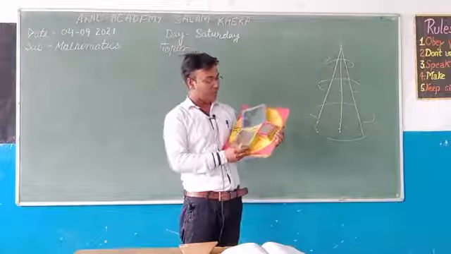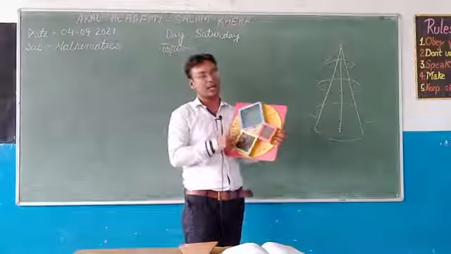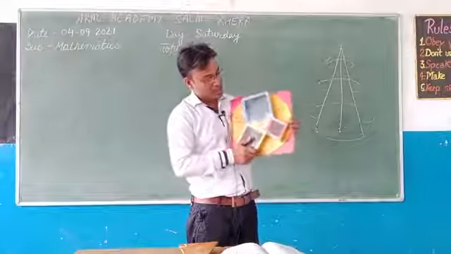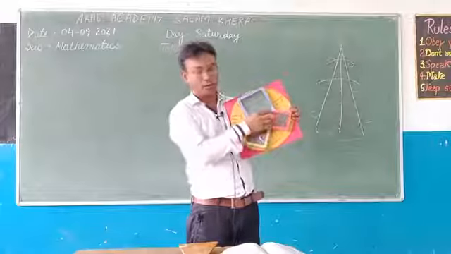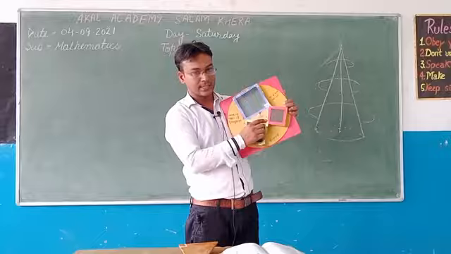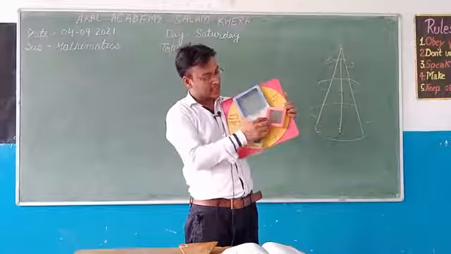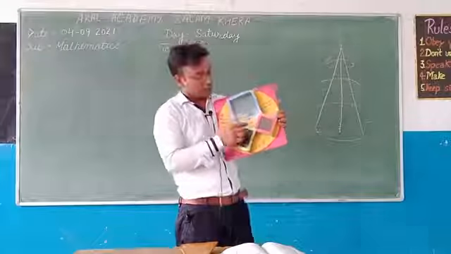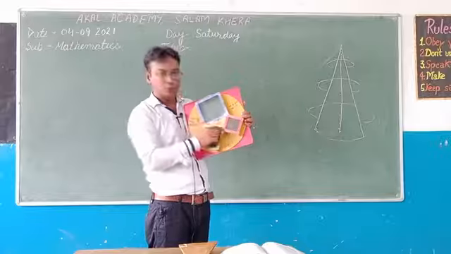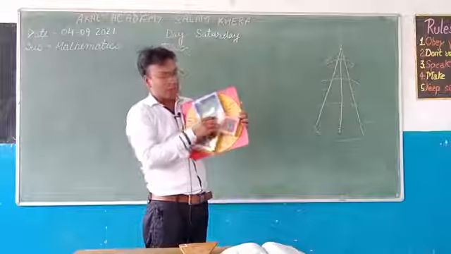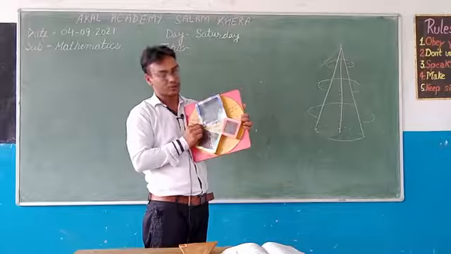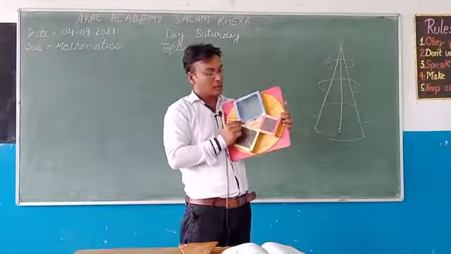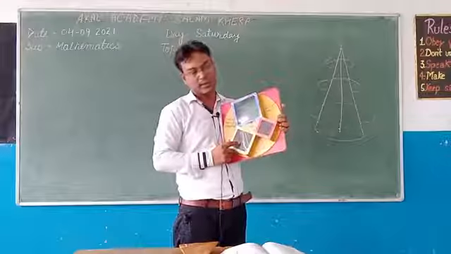So I have one model of a right angle triangle that can prove how it works. Okay, students, you can see one triangle here. This is the right angle triangle. This angle is right, and along its three sides there are three square boxes. The side opposite to the right angle is called the longest side or hypotenuse, and the square of the hypotenuse is equal to the sum of the squares of the other two sides.